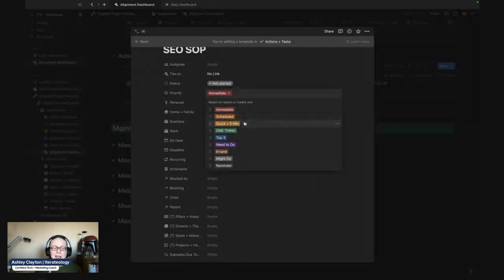Quick is anything that I know I can get done in 5 minutes. Usually that could be something like I do study Japanese using Duolingo. I can get something done in that in about 5 minutes and keep my streak going. If you know, you know. And then the one thing, I see this can be like in this area, like this is the one thing I need to get done today in my personal.